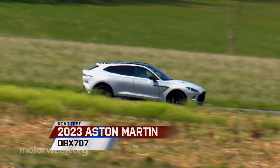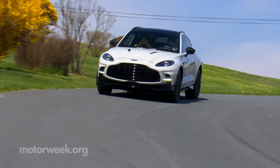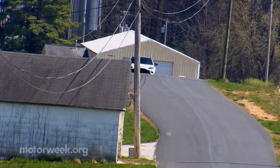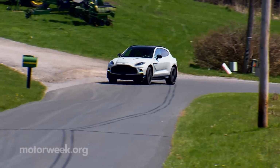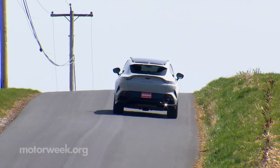Though arriving on the SUV scene just 2 years ago, Aston Martin has certainly aimed high with this follow-up, the 2023 DBX707, wanting to create the world's most powerful luxury SUV. Yes, that's 707 in the name, not 007, but we're pretty sure James Bond would find lots to love in